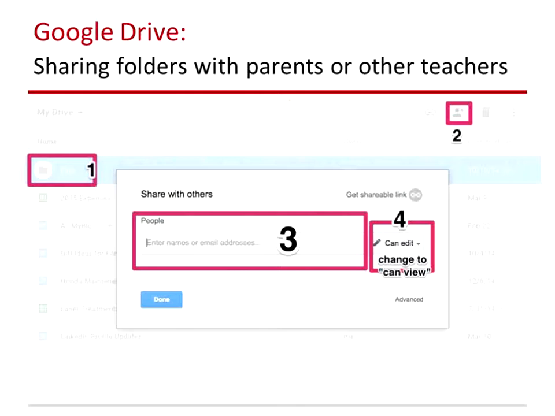So I would say to see if the parents have a Gmail account. And if they don't, use their child's account to share with them, but make sure that folder is marked as can view only. This is very important because if you mark it as can edit, they can take things out of that folder and modify stuff, and you don't want that. You want them to just see the items that you're putting into the folder. Okay?